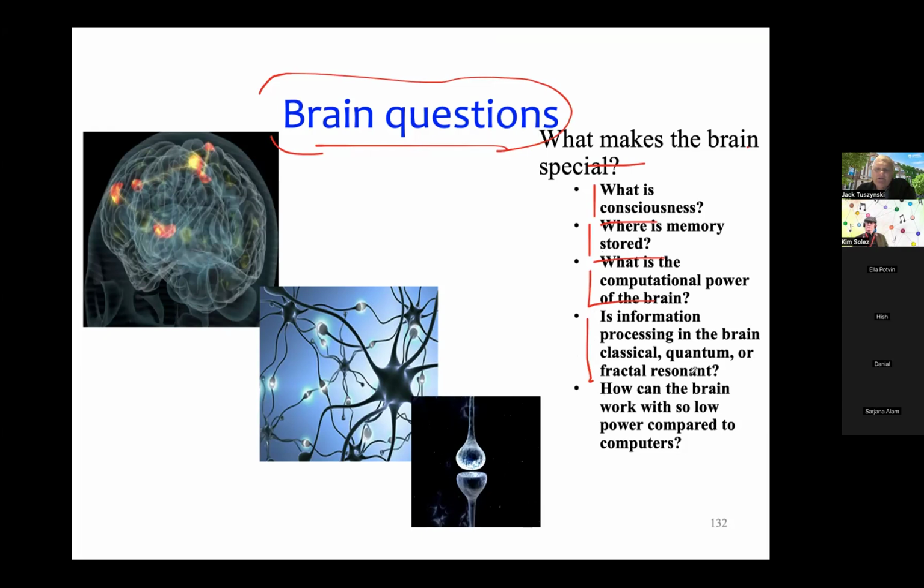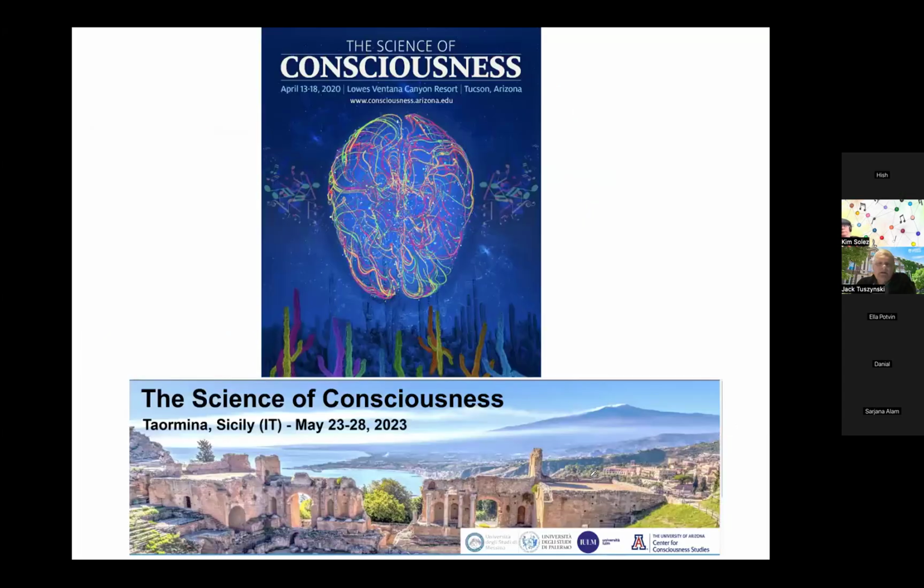And then you will see that the power consumption of the brain with the potential information processing numbers indicate incredible efficiency of information processing compared to that of the modern day, the latest types of computers from our latest technological advances. I want to get you interested in these conferences if you're interested in consciousness.